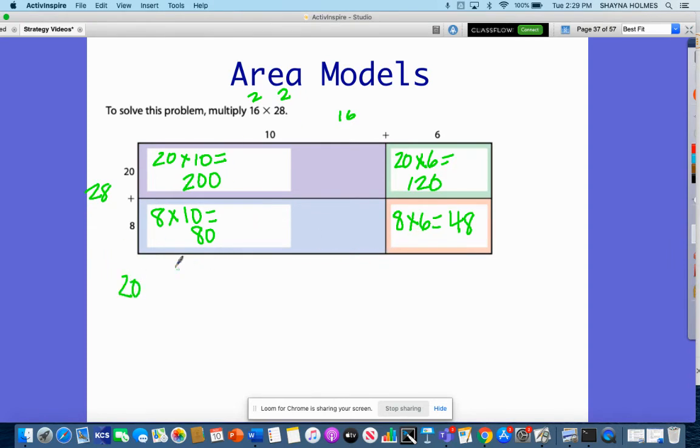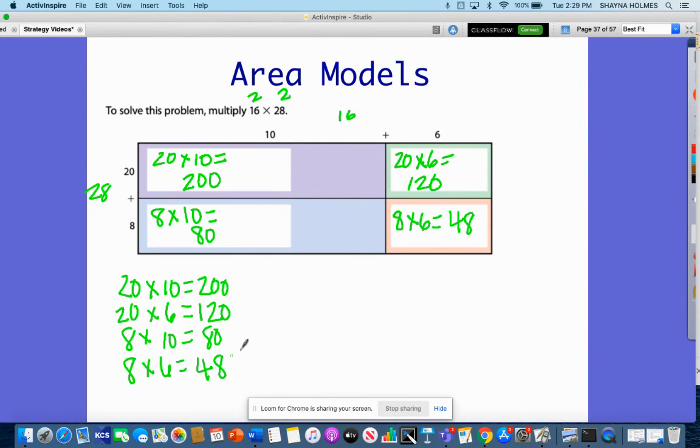So what these look like are 20 times 10, and then 20 times 6, and then 8 times 10, and then 8 times 6. So what I'm going to do is add all of these together. So I have 8, and then here I have 14, carry this 1, and then I have